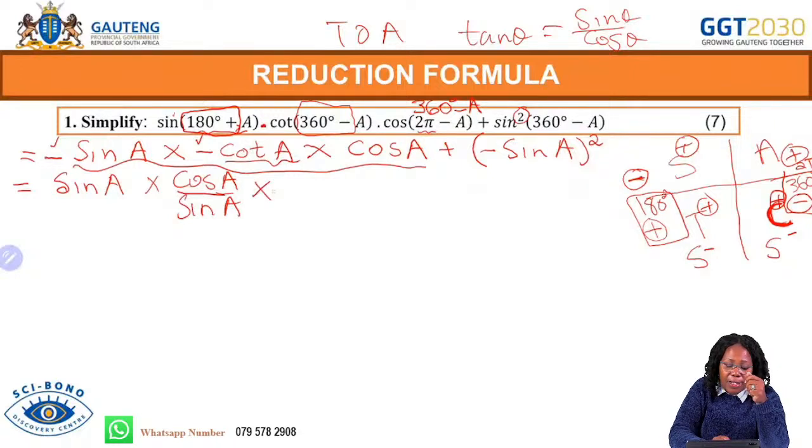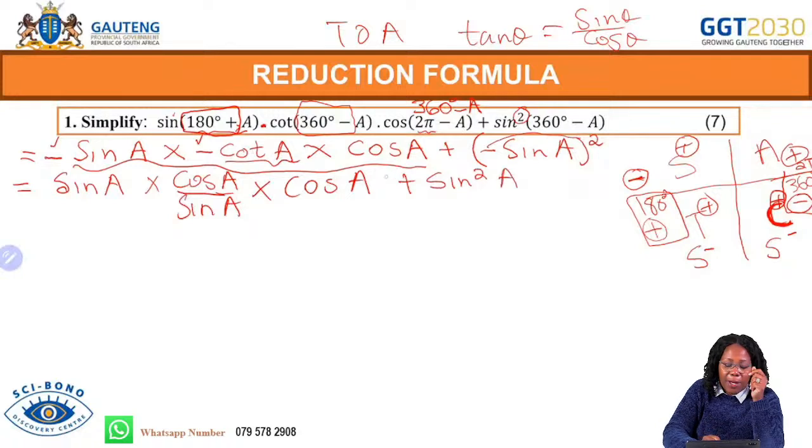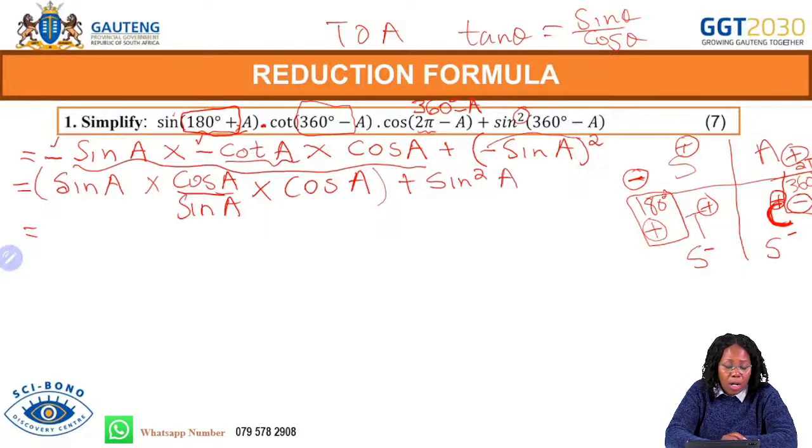Move on now, multiply by cos A, we leave this one, and then now we deal with the negative. Two negatives will give us a positive, so we end up with plus sine squared A. But remember, you are multiplying here. What must rule? You start with multiplication before you go to addition. So the sine on the numerator will cancel the sine in the denominator. Remember, this is over 1. And then we'll be left with cos A